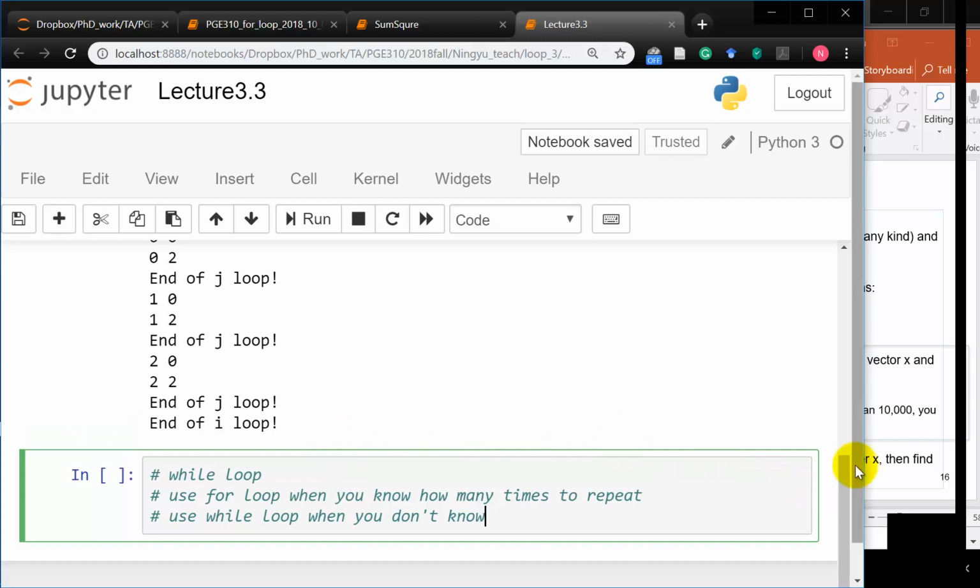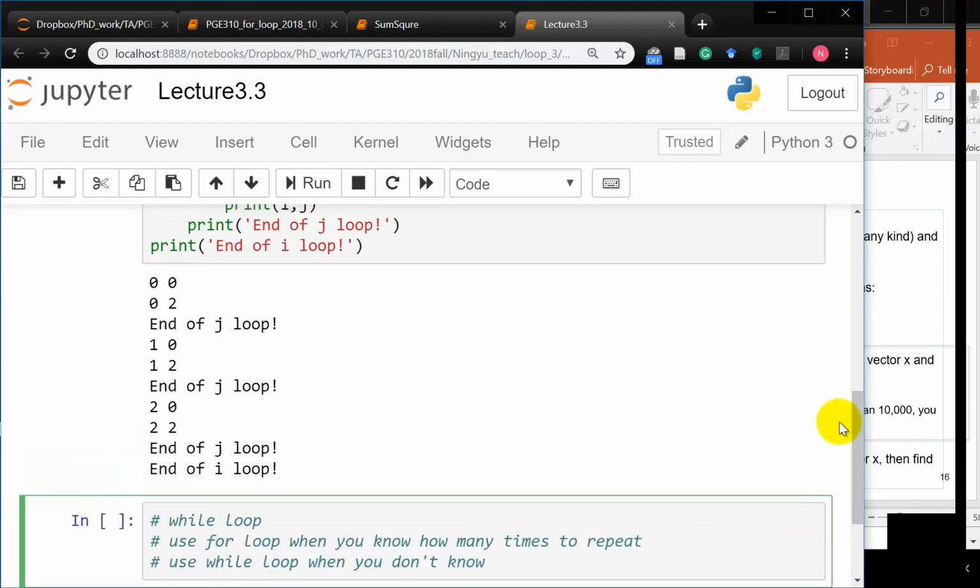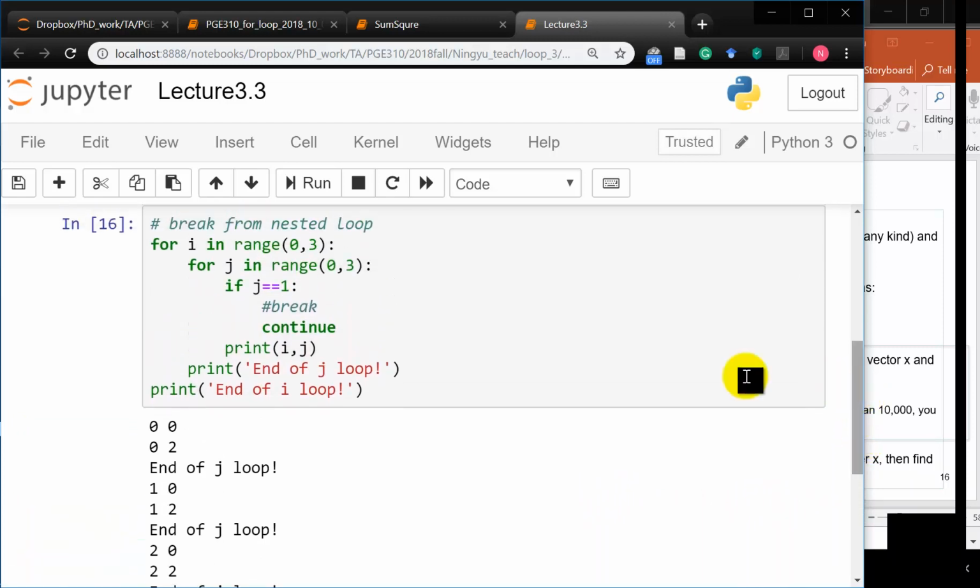What about it? It goes through I first, and then J, and then does all the commands for J, and then returns. Pardon? So you're asking about this one? So it goes first through I, and then through J, does all the commands for J, and then returns to I. So for nested loops,